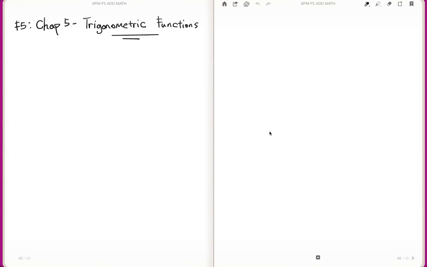In this video, I'm going to show you SPM Form 5, Chapter 5, Trigonometric Functions. Before we start, I'm going to start with the concept of sine, cos, tangent, where you may regard it as